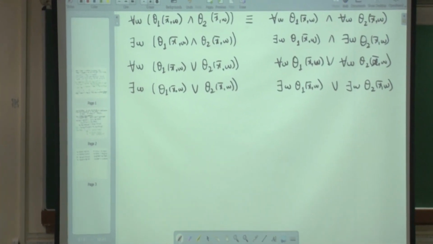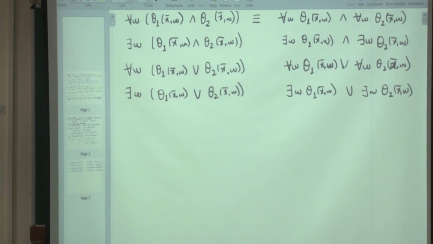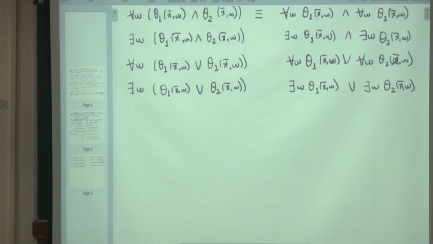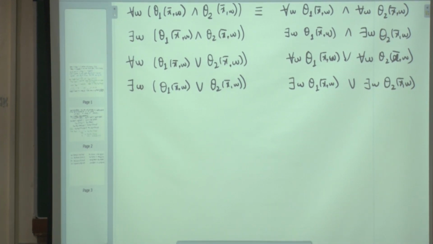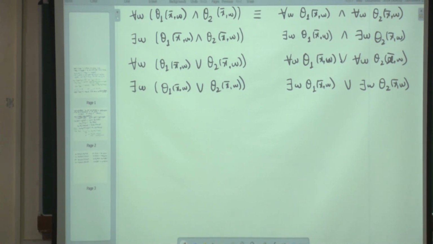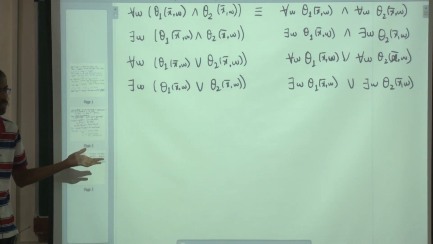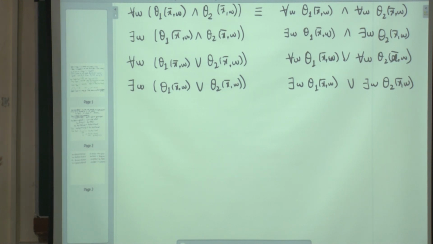One more thing, what is the scope of this quantifier, this for all w quantifier? Just theta 1. Yeah, even though I am not writing brackets, you can understand the concept of scope. And I am writing again the same bound variable, and this is allowed. If you want, I can change it to w prime for the other occurrence by using previous logical equivalences, but I don't need to, right? So this is okay. So this is actually logically equivalent.